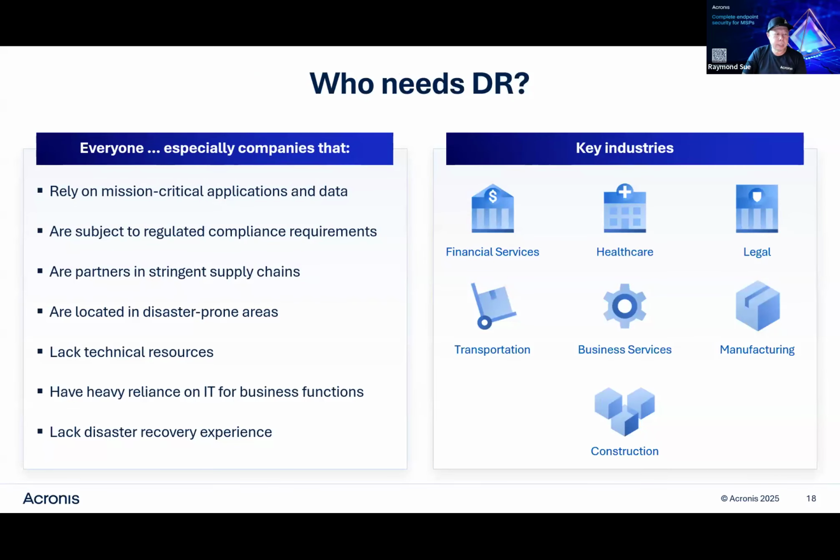All right. So who needs DR? Everyone needs DR, basically. But mostly companies that rely on mission-critical applications and data, are subject to regulated compliance requirements, are located in disaster-prone areas, MSPs or companies that lack technical resources. This is a very easy to manage environment, which is nice. Like I said, everything's still done from a single console. And then companies that lack DR experience,